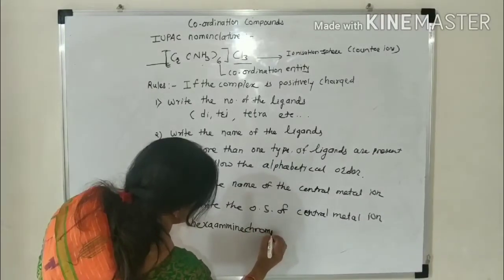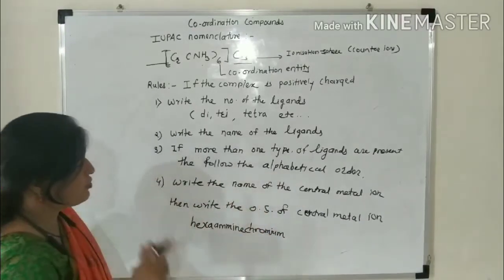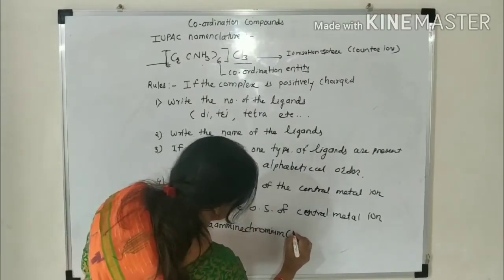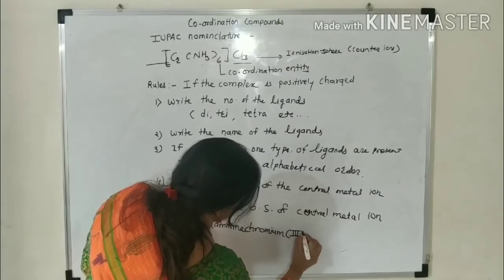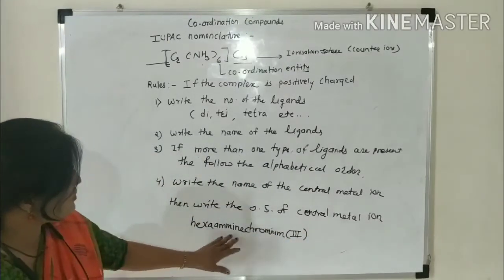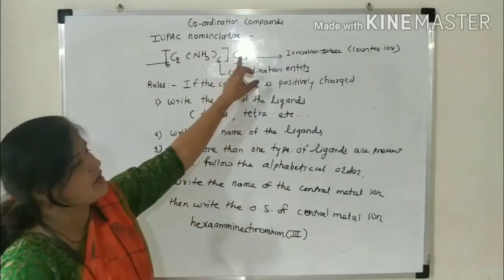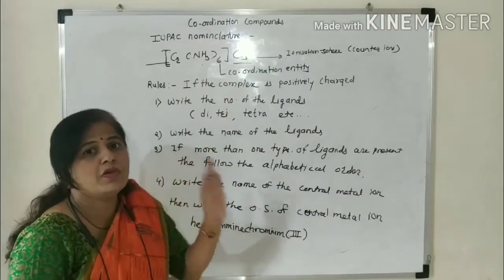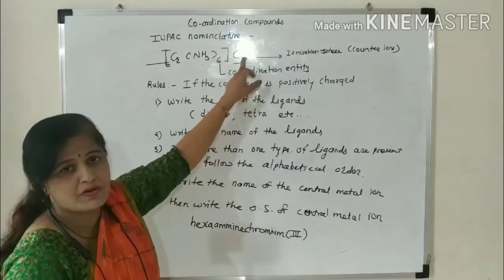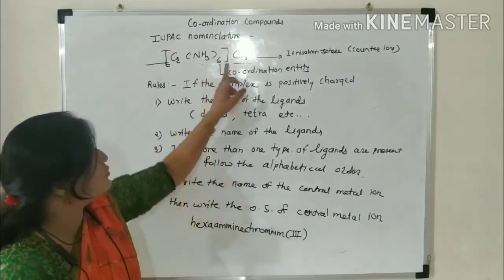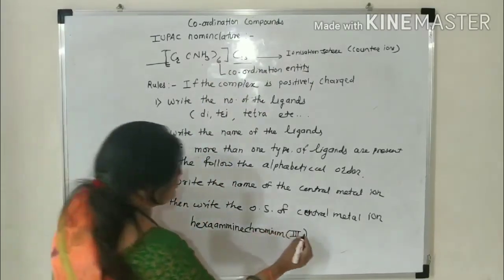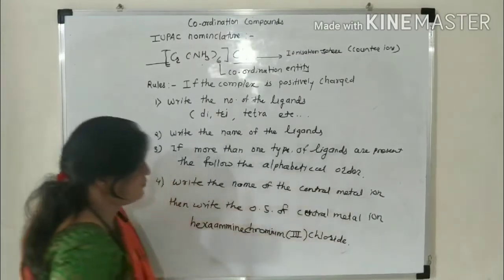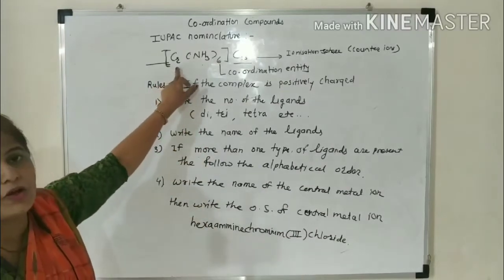Then you should write the name of the central metal ion, which is chromium. Hexaamine chromium. Its oxidation state that is calculated as 3, write it in Roman numeral III. Okay. Hexaamine chromium(III). Then counter ions. Lastly you have to write down the name of the counter ions only, not mention its number. It is 3 times present. Don't mention it. Only write down its name. What is that? Chloride. Okay. This is the name of this cationic complex.